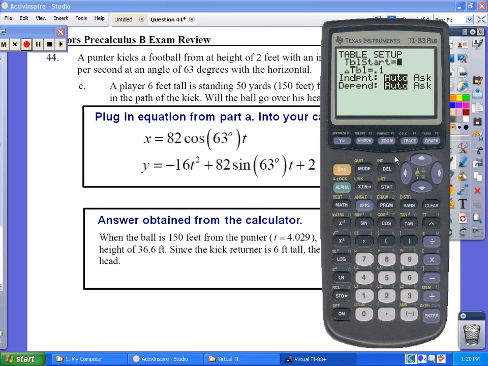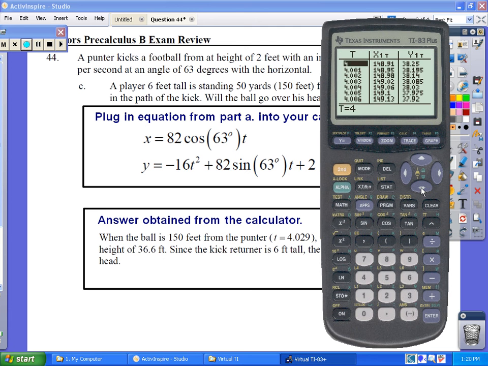So we'll go to second table setup, make this 0.001, second table. And we're looking for as close to 150, the x value, as possible. And we see at 4.029, when t is 4.029, x is 149.99 feet, so it's basically 150 from